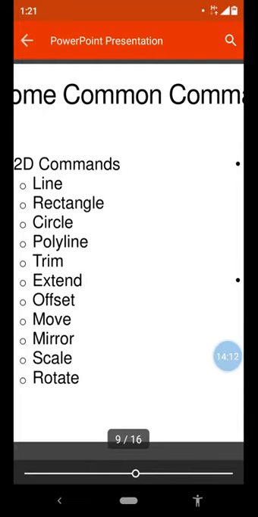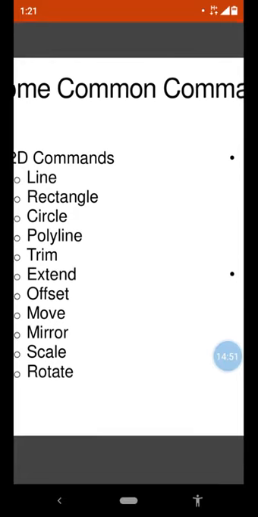So here what we are going to do is select the offset command, enter the distance 10, and then select our 20 mm length line. When we select this line and click, you get the same line again. This is the most important thing: you get the same size of line at some fixed distance. This is called offset. Then move: suppose you want to move a drawing entity from one place to another place. This is also an important command.